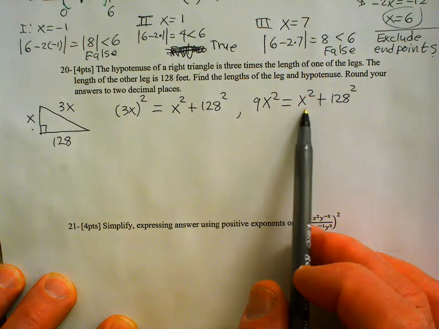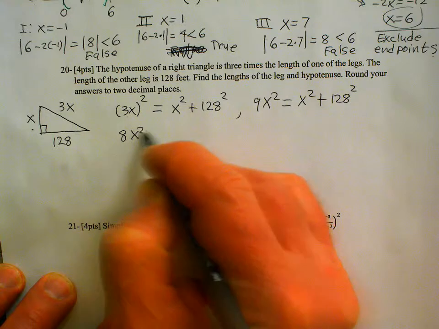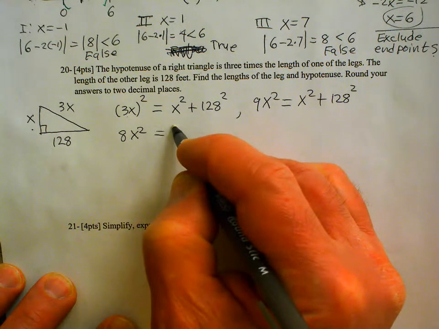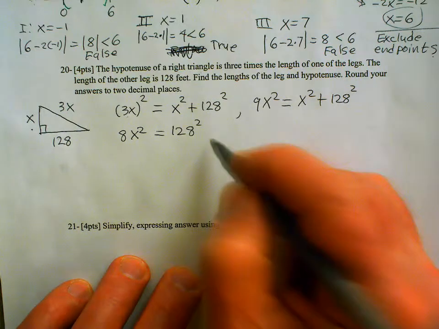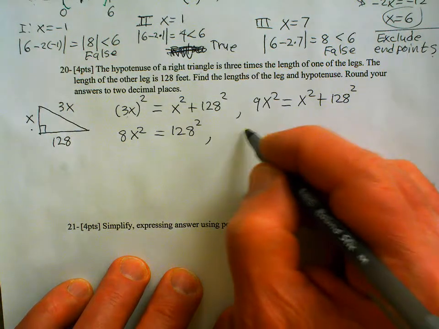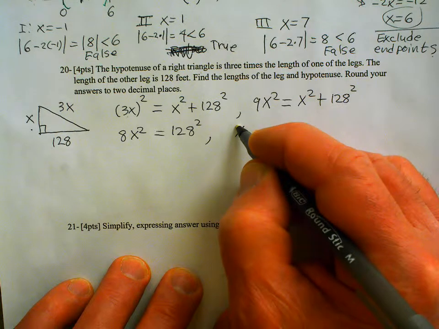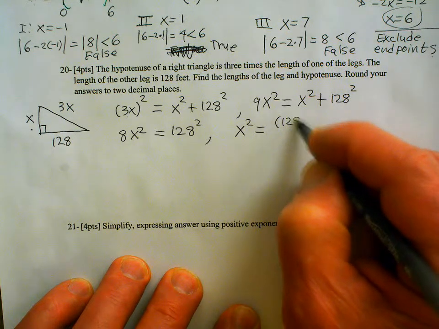Then let's subtract x squared from both sides, so we get 8x squared equals 128 squared. And then we can divide both sides by 8. So x squared equals 128 squared